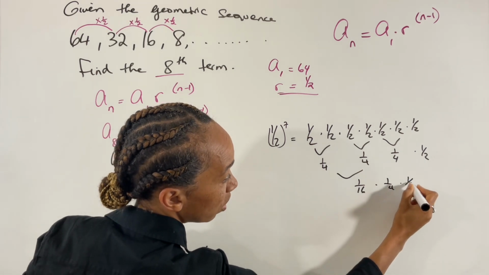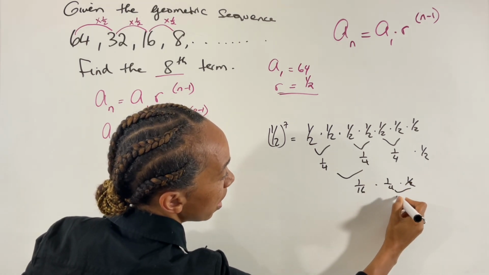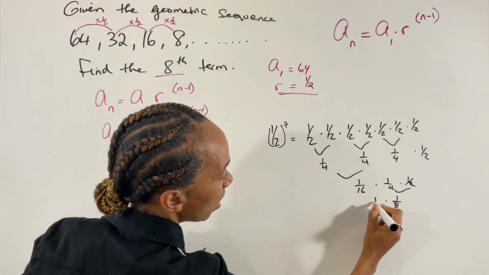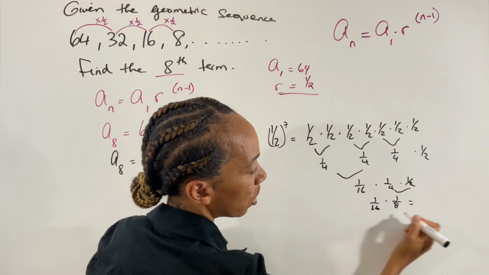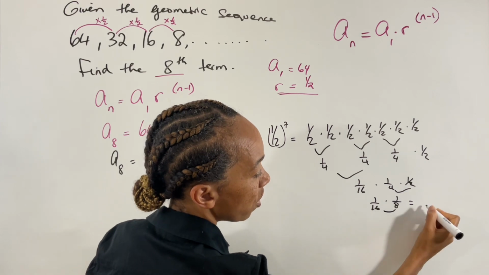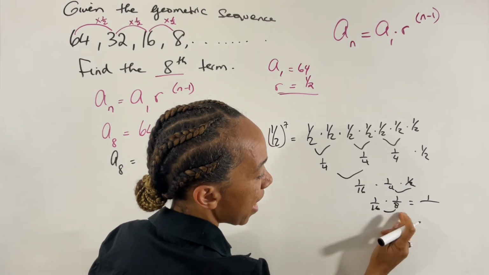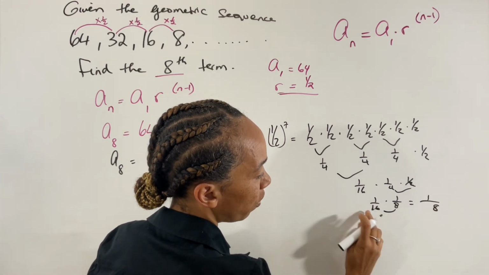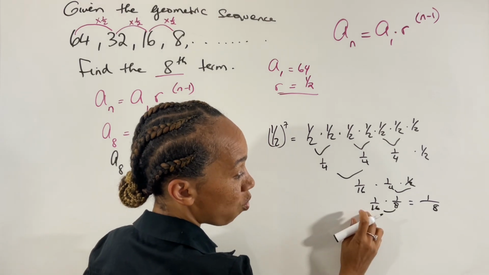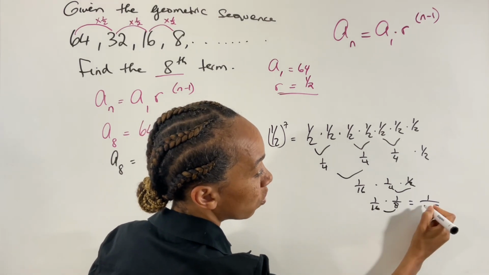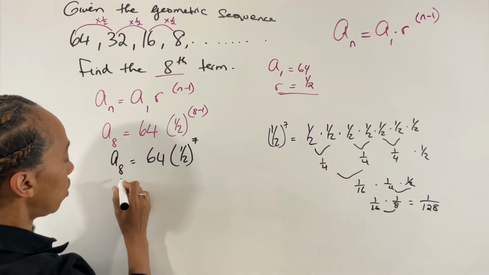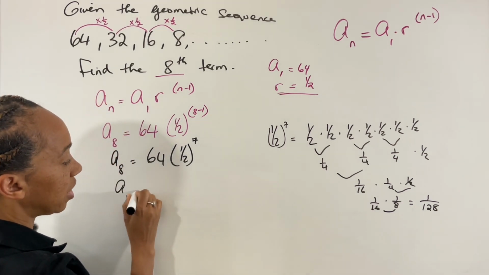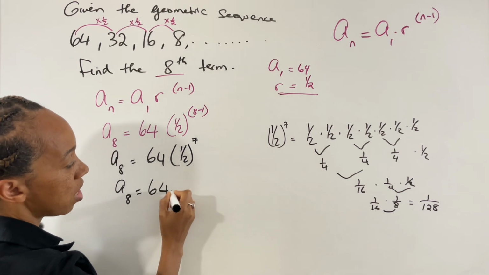When you multiply these two, it is going to be 1/8, so 1/16 times 1/8. Don't go crazy now. You're just multiplying these two across, and you're going to get 1/8 times 6 is 48. So the 4 goes over here. 8 times 1 is 8 plus 4 is 128. You don't have to go crazy. All you need to know is that a sub 8 is equal to 64 times